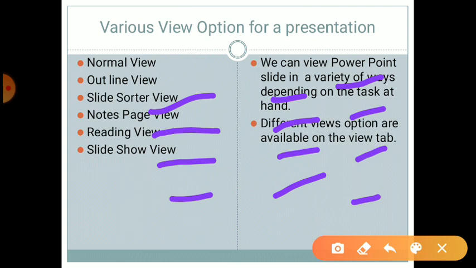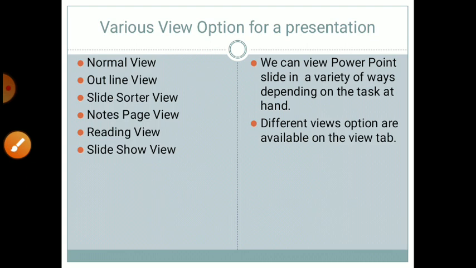Then Reading view, the most popular view in PowerPoint presentations, for when there is no presenter. It displays the presentation in full screen like Slideshow view, and it includes a few controls to make it easy to flip through slides. Just like in presentation view, only one slide is shown at a time. The same in Reading view, it shows one slide at a time on our screen, and there are some controls, so we can update our slide.